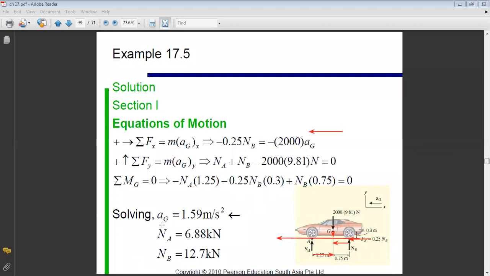Angela, you are asking a question? I said minus. Okay. Now, if I want to choose another point for the sum of moments other than G, look at the figure. I have a point that is very easy, B. Why B? Because if I take B, FB will not have any moment. So if I do sum of moments about B,